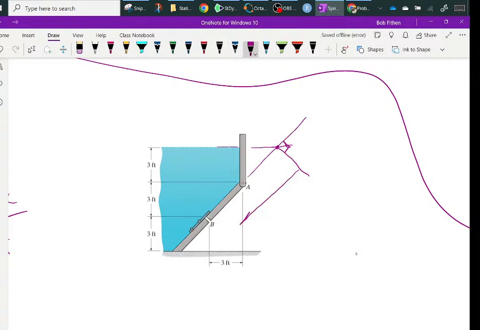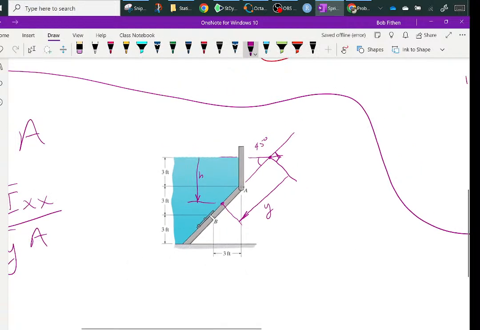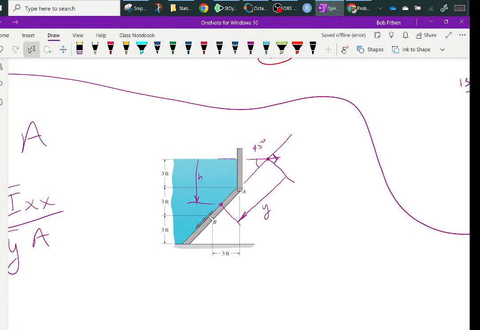This is Y to a point right here, and this is H to that point. It turns out since this is 3 and since that's 3, this angle is 45 degrees. And so now you've got to figure out a couple of these facts. So if you want to go down to the centroid of the gate, the centroid of the gate might be,